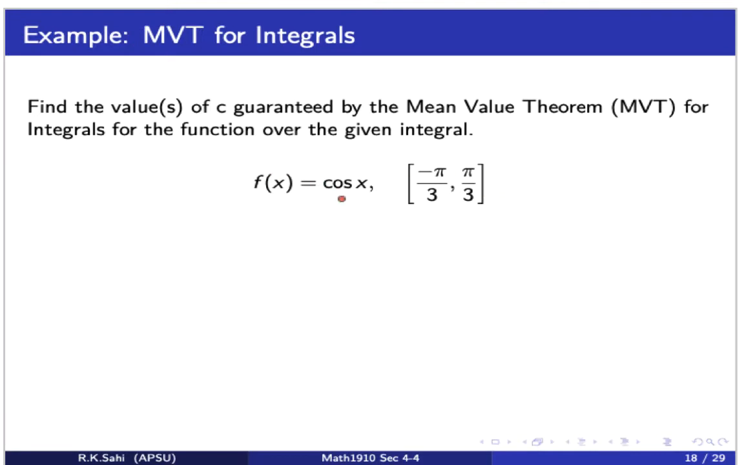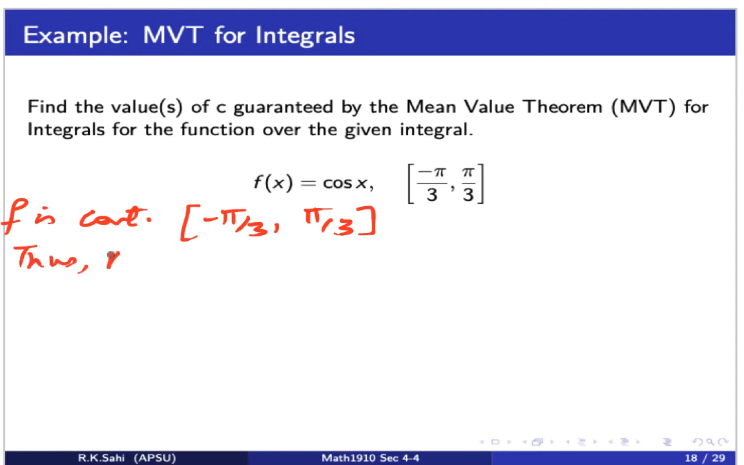Now clearly, let's look at the cosine function. Before I can apply the mean value theorem, I have to make sure that the function is continuous on this closed interval. We all know the cosine function is continuous throughout the real line, so we have no problems. Clearly, f is continuous on the closed interval minus pi by 3 to pi by 3. Thus, by the mean value theorem for integrals,